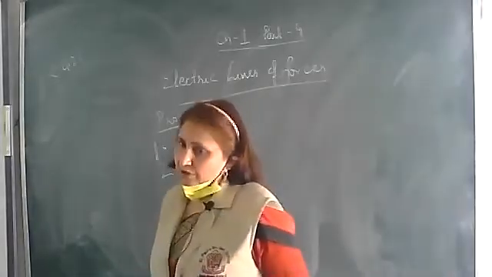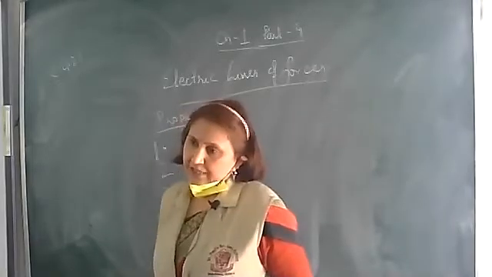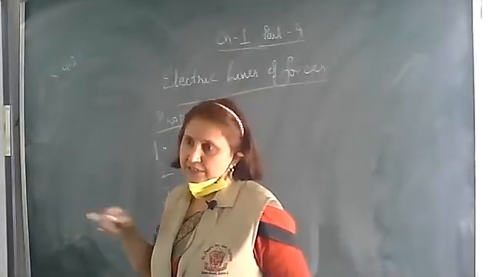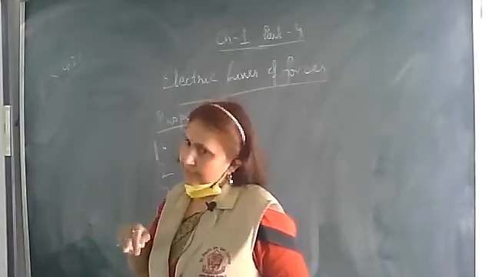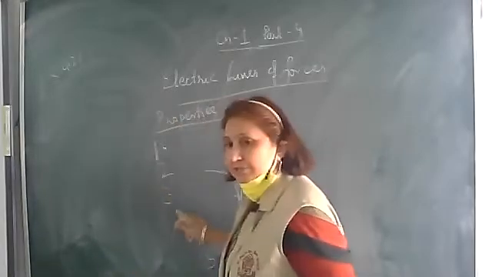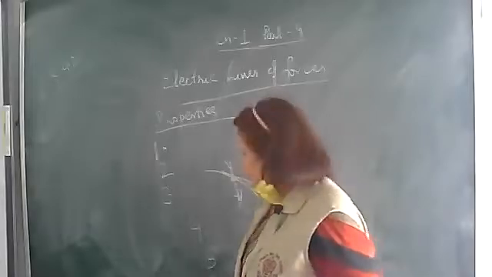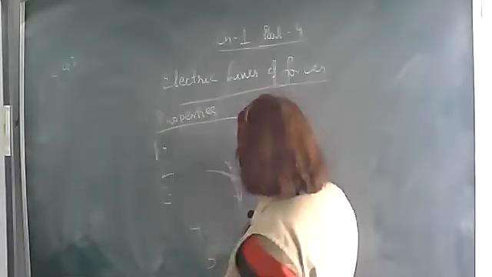Why? Because any unit positive charge which is initially at rest will move along the electric line of force. In which direction will it move? Along the electric field. And the electric lines of force, like the unit positive charge, will start from the positive charge and terminate at the negative charge. So that is why they cannot have a sudden break.